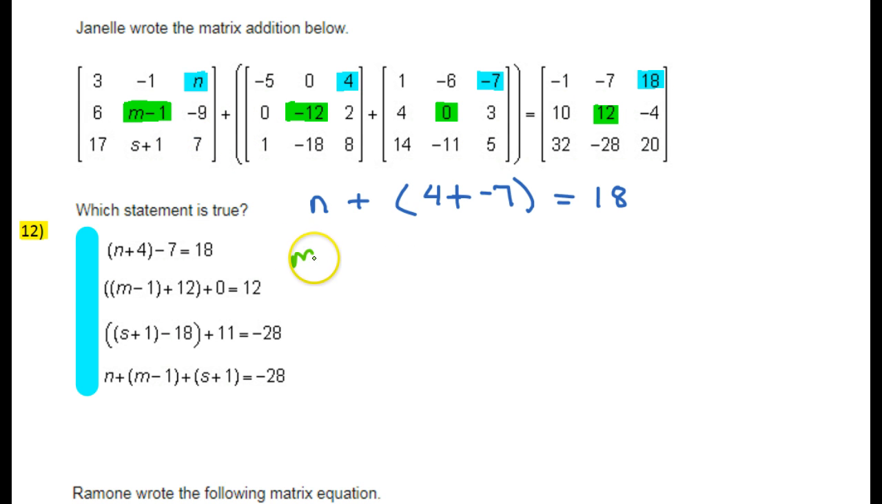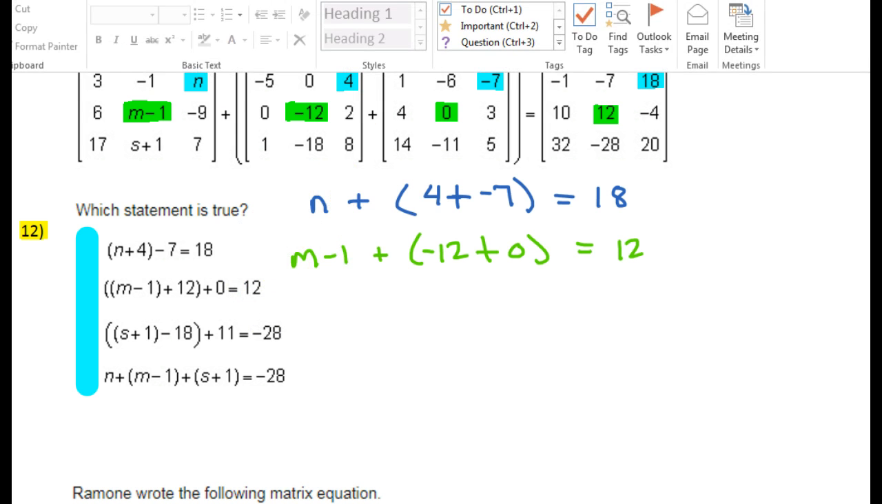So this would be m minus 1, okay, plus, and now here come the parentheses, -12 plus 0, alright, those are the 2 things inside the parentheses, and then equals 12. Okay, this plus this equals this. Alright, let's do that one more time